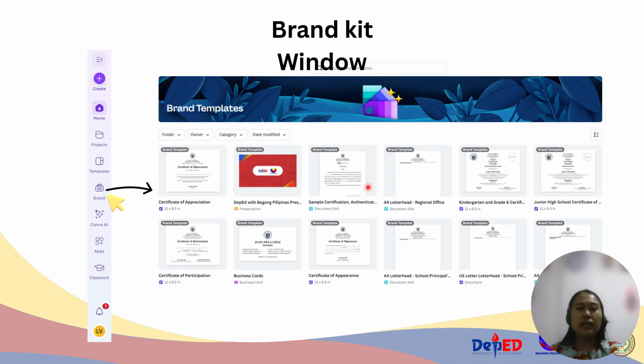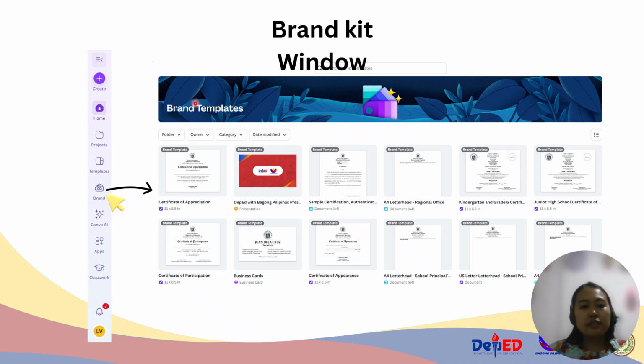So, when you upload your logos and templates there, you no longer need to create another design again and design the same cover over and over. That's why it's good that you have a brand kit window, especially if you are an employee in an organization. Okay, you are the one assigned to those tasks, right?